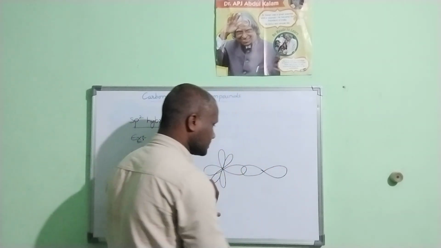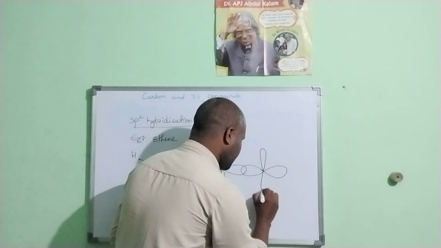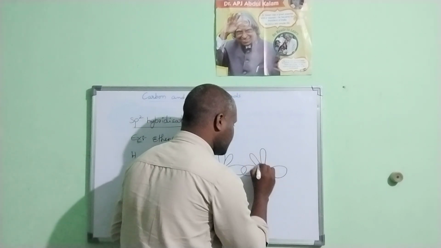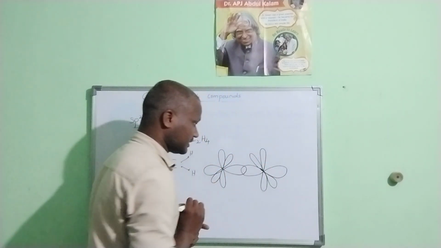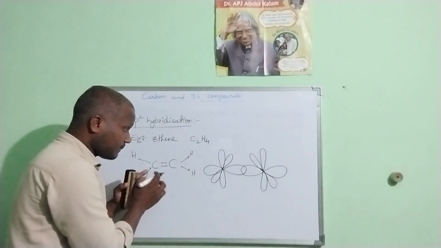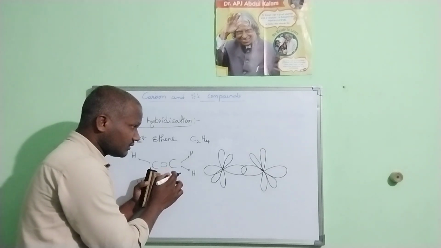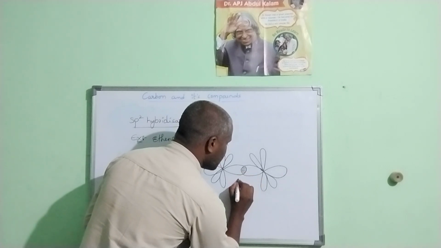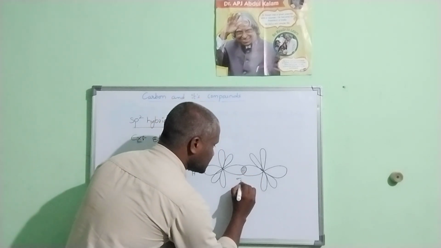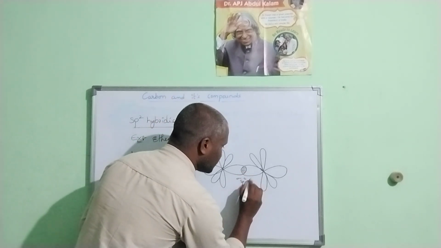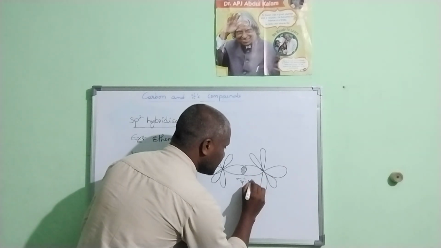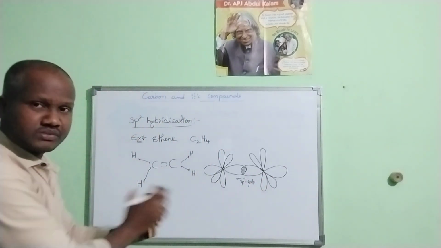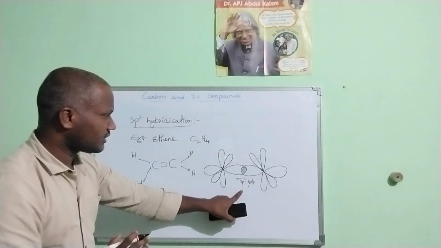It also has px, py, pz orbitals like this. So here px of the first carbon is overlapping with the px of the second carbon, and here it forms a sigma bond. Sigma sp2-sp2 bond we can observe. This is the first bond formed between